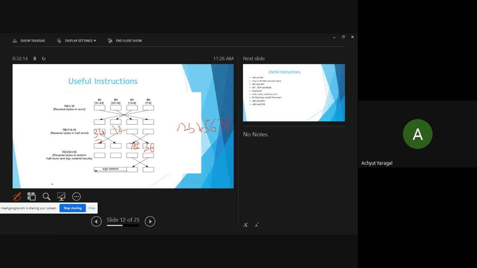Now if we consider REVSH, SH is nothing but signed here. So what is going to happen here? It is again the same thing. 78 will come into picture here, and it is 56 here. What is 78? 78 could be written as 0111 here. So MSB is a 0. So sign extends the same thing, 0 0 0 0 0. How many zeros? 8 zeros will be written here, right? Okay, this is how it is going to happen. This is how we can understand the useful instructions here.